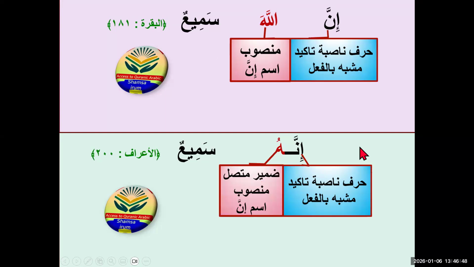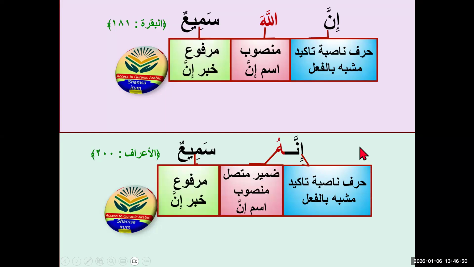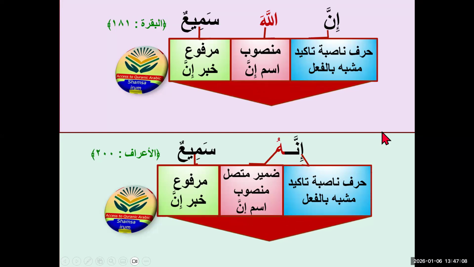Sami'un, both sides. Sami'un is on the pattern of fa'il, and I think in my last many lectures I explained that the pattern of fa'il is very important and is used many times in the Quran Majid. The pattern of fa'il is marfu and nakira, so it's the khabar of inna, and both of these are jumla ismiya. Translation is indeed